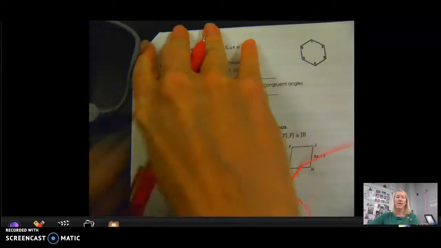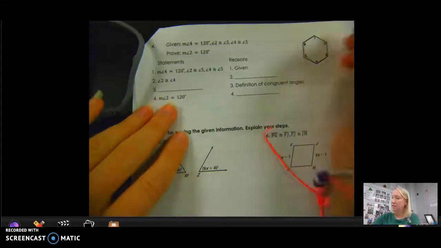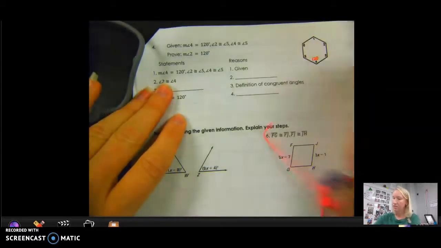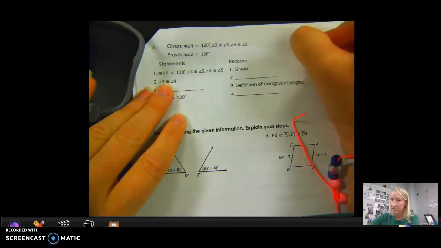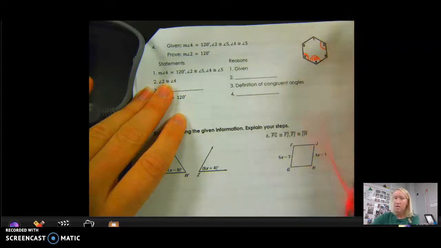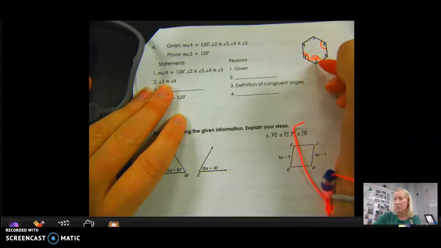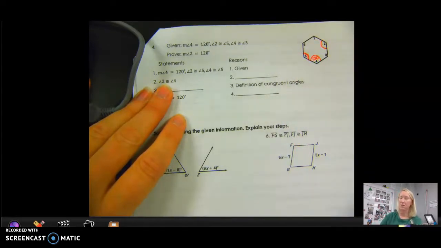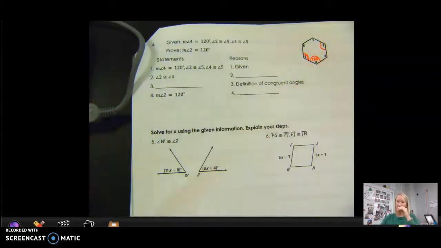Okay, number 4. Given that the measure of angle 4 equals 120, so I'm going to label that. They gave me a picture. I'm going to label it. This is 120. And that 2 is congruent to 5. And that 4 is congruent to 5. So I'm going to put one arc in both of those. So that should tell me that this is congruent to this, which is congruent to this. And if I know that this is 120, that should tell me that those are also 120. Which it tells me to prove that angle 2 is 120, which we kind of just talked through real quick